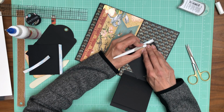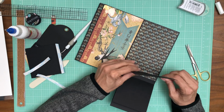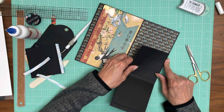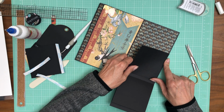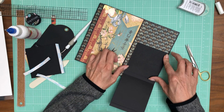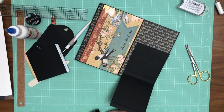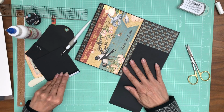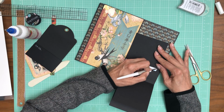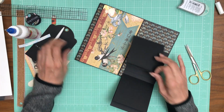I made a modification on this page to the pocket that's going to hold the tag to keep it closed. That modification is reflected in the cut list, so the cut list is correct, but you're going to change the pocket, or at least I wanted to change it. You don't have to, you can go with the original, what I say in the build video, but I decided that I wanted the full depth of the pocket, and because I want the full depth of the pocket, I added a flange to the bottom